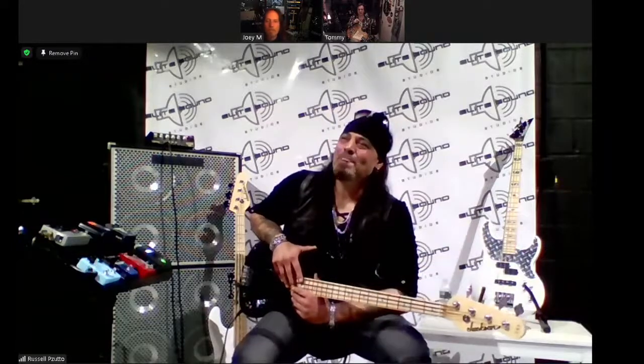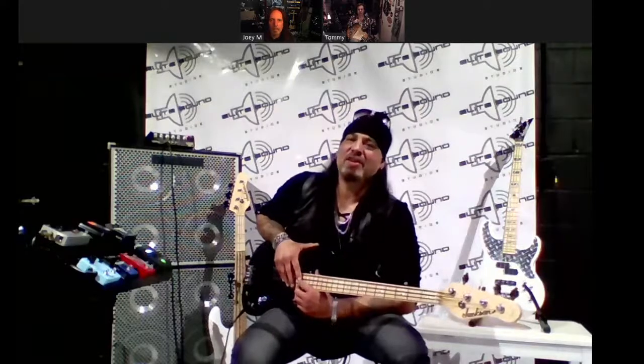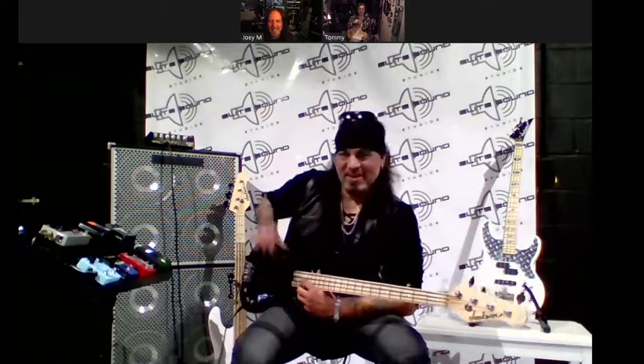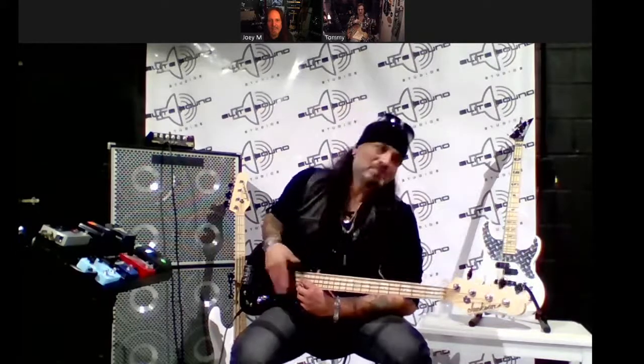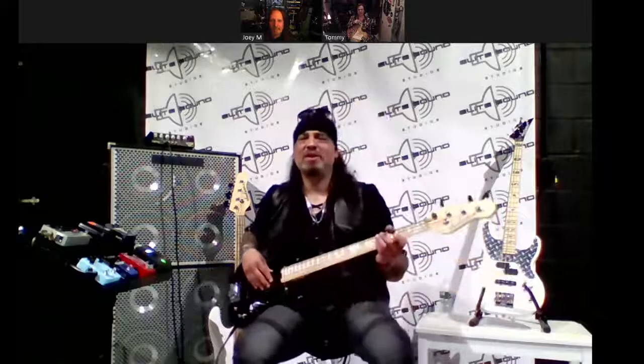So my cousin had got a hold of a pink Gibson SG with a Kahler tremolo on it, right out of Gibson. And he's like, "You want this?" And I'm like, all right, whatever. So I traded a bass for it that I wasn't using really, and I took it. And then